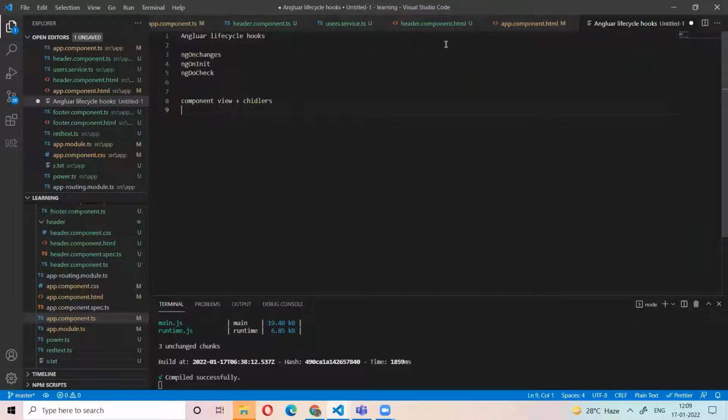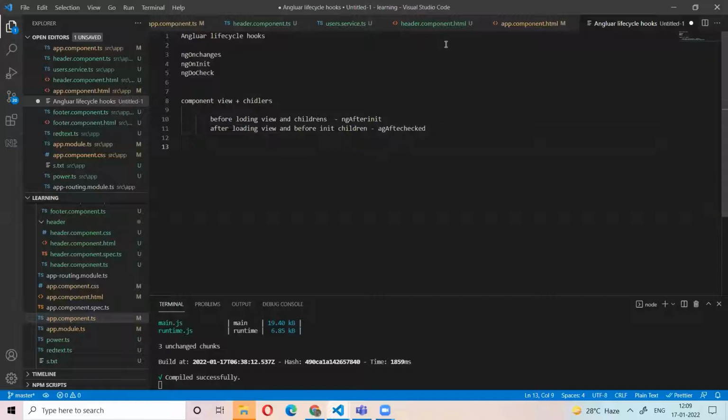So before loading the view and children, ngAfterContentInit is called. After loading the view and before initializing the children, then ngAfterContentChecked.